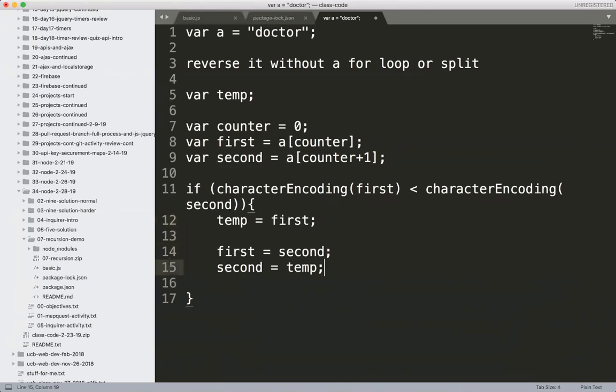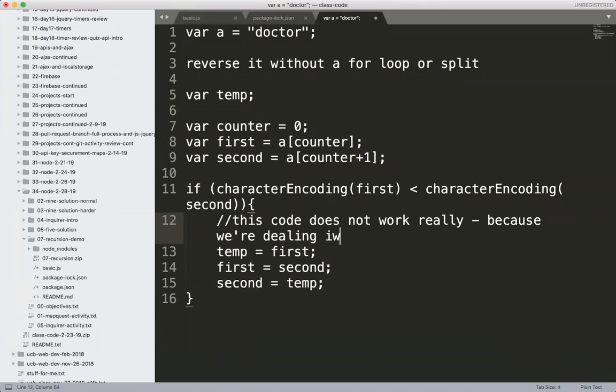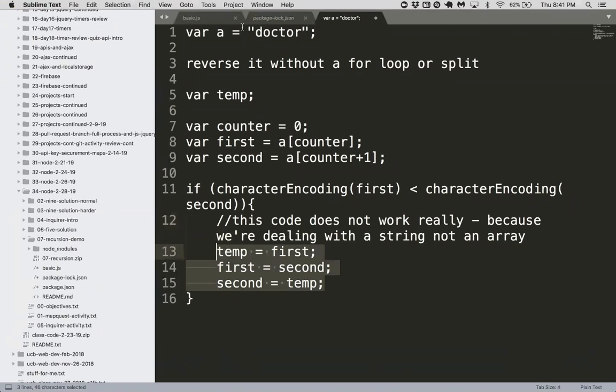Second equals temp, right? And that would swap them. But this code does not really work because we're dealing with a string. If you try to add a character before that, it's not the same string anymore. Yeah, I mean, after this, let's just say it's here, right? So in this case,